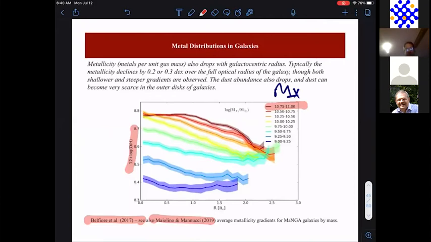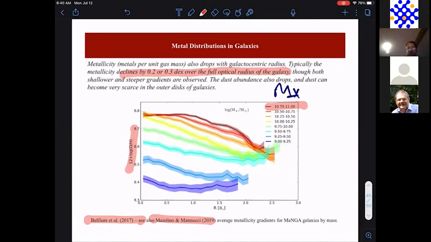And if you're expressing things in terms of R25, which I'm not saying that we should be using, that's the way local galaxies were worked with in the past. You could think about a typical gradient as 0.2 or 0.3 dex over the full optical radius of the galaxy. There are many versions of these metallicity gradients, including some suggestions that, if you correctly normalize everything, there